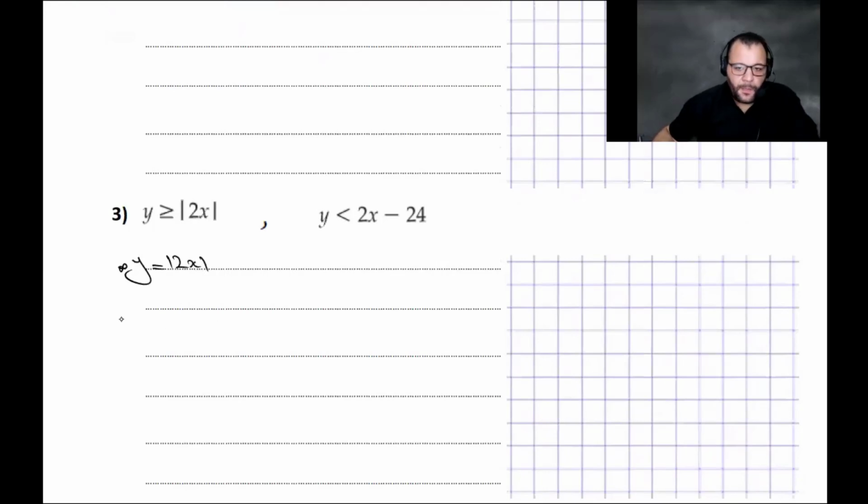I would choose the values of x and y: -1, 0, and 1. So 2 times -1 is